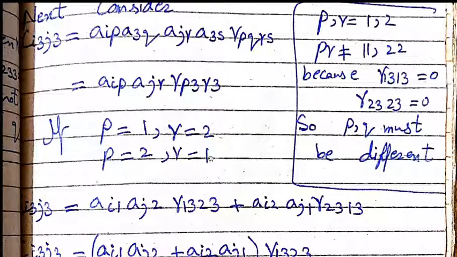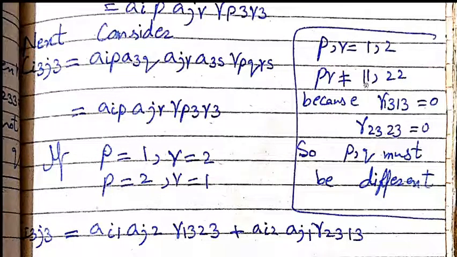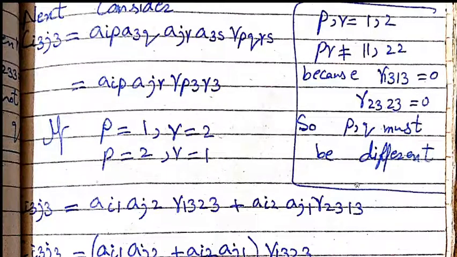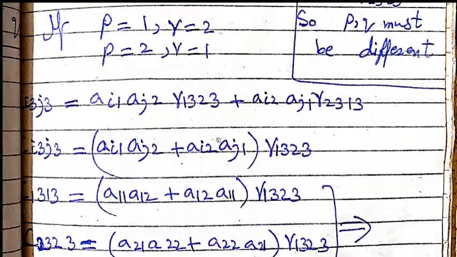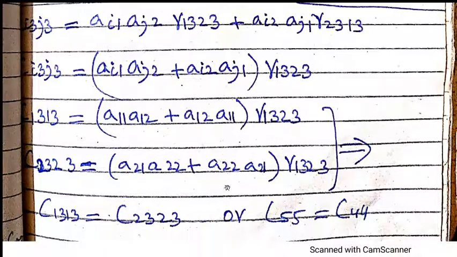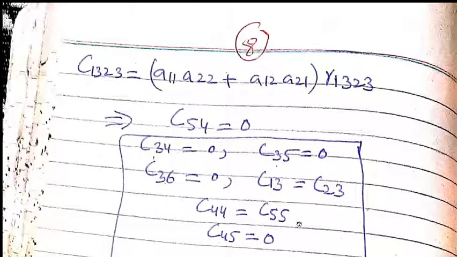Again, a similar case to where we have written PR12 or PR11 or 22, so they must be not equal to 0 for non-zero components. You have again this, and your ij could be 1 1, 2 2, 1 2 or 2 1. So we have again C13 equal to this, C55 equal to C44, and this is the choice C13, 2 3. This would again be equal to 0.